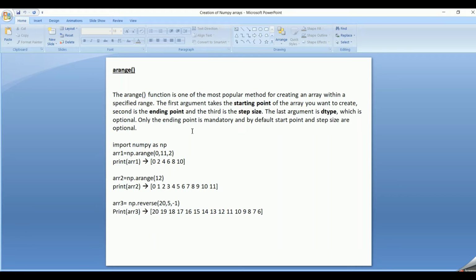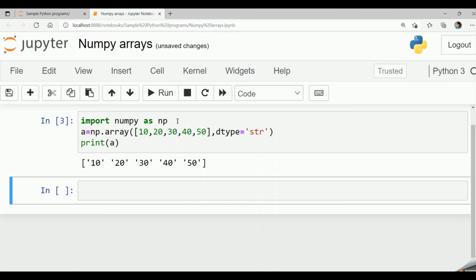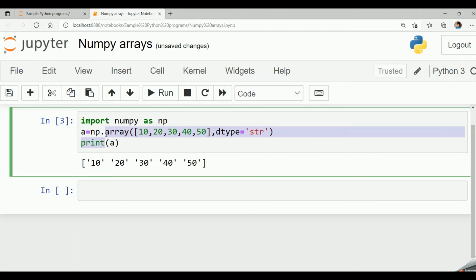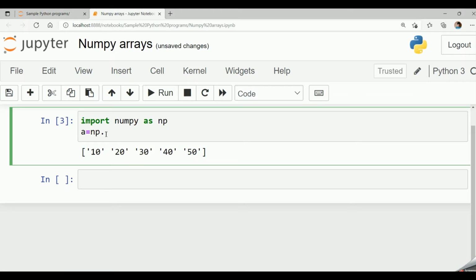Only the ending point is mandatory and the start point and step size are optional. So in the arange function, only the ending point is a mandatory field. All other fields are optional fields. So firstly, let me take my np.arange.